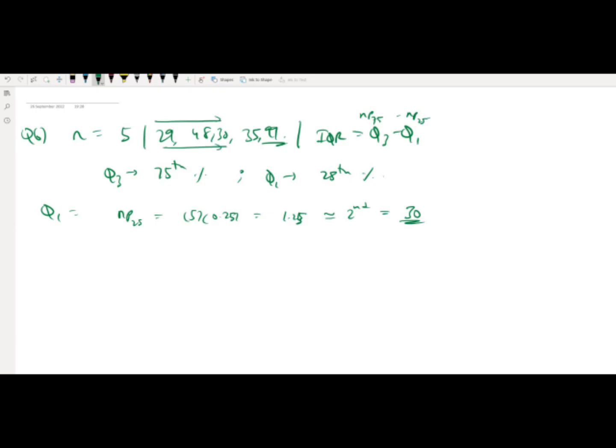Again, here also we need to keep the order in ascending order: 29, 30, 35, 48 and 99. This is the ascending order. I will write it here with a different pen: 29, 30, 35, 48 and 99. This is the ascending order. Depending upon this, we have to conclude regarding the Q1 value,